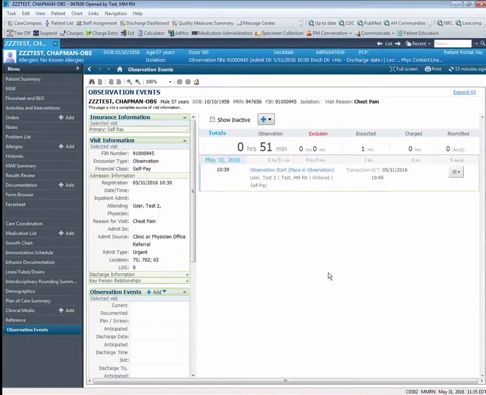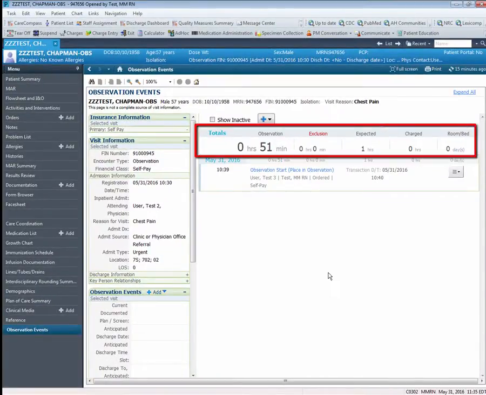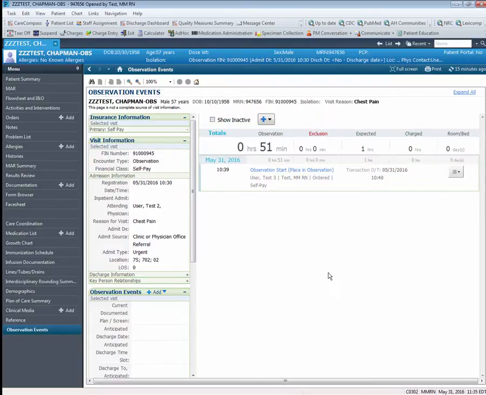On the screen, we will notice the observation ticker displayed, where you actually see a chronological counter for the amount of time that the patient has been designated as an observation patient. Notice the various columns that are displayed, one of which is for exclusion. This is where you'll actually see the calculated time for the amount of time the patient has been off the unit at either a radiology exam or a procedure or any other reason that the patient may need to leave